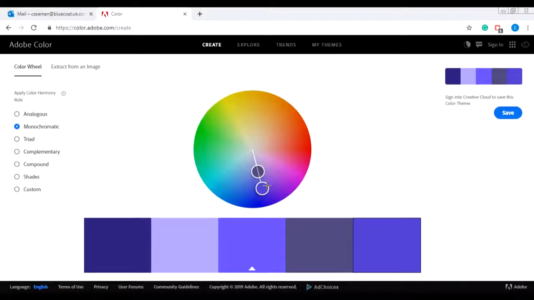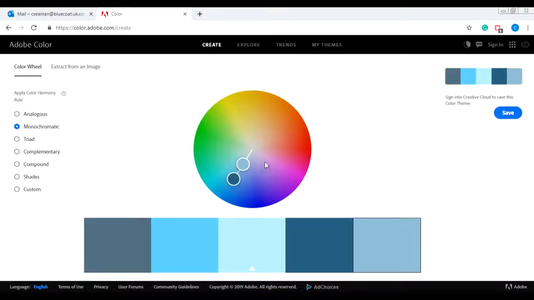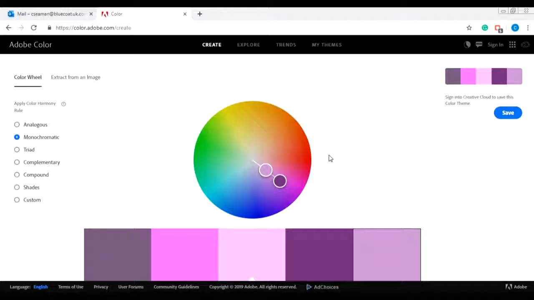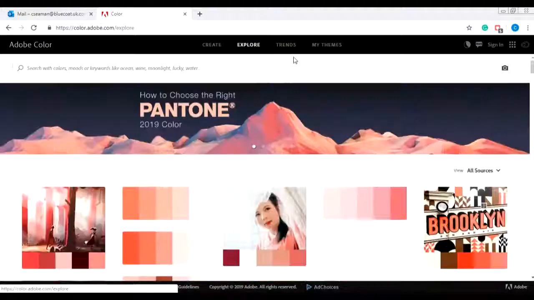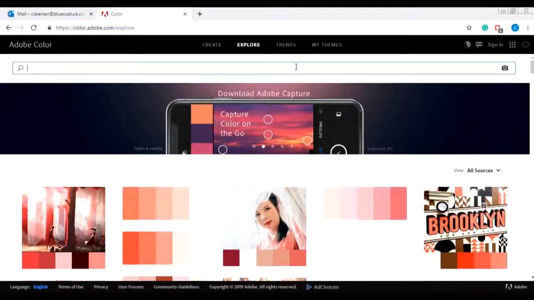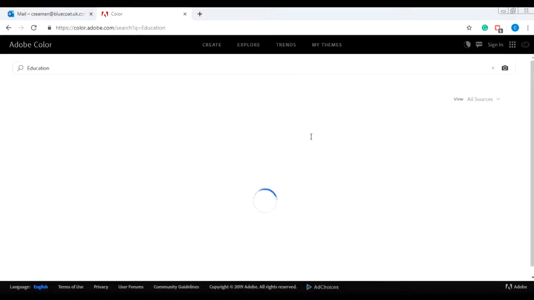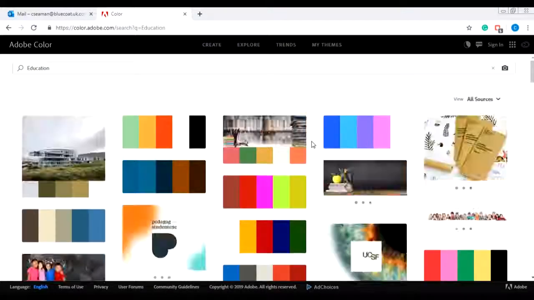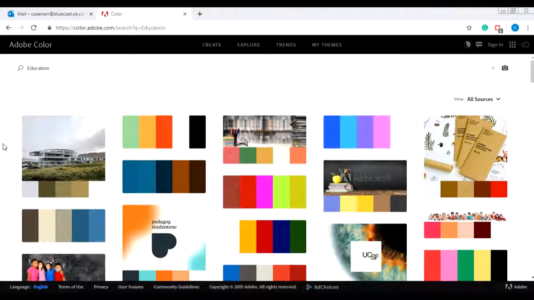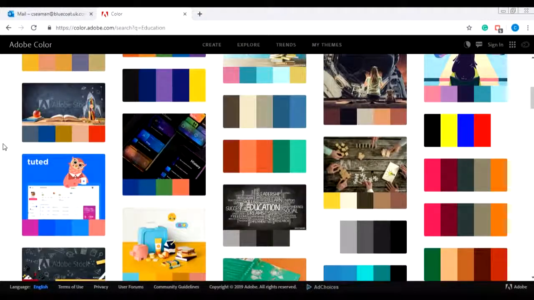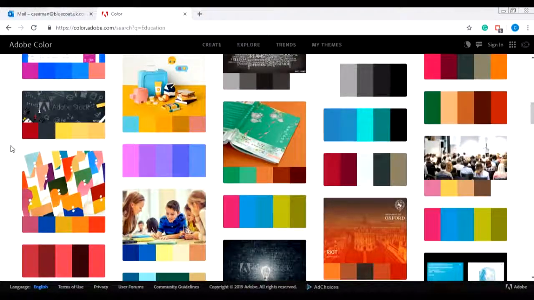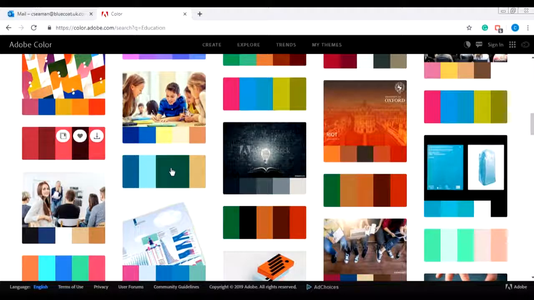If you don't want to do it manually by dragging your colours around, you can always look on Trending or Explore. If we look on Explore, you can search a word essentially to help you find something. So for example, I can maybe look up education to find colours that have been used before, and also images that are associated with them. So you can see I get a lot of different palettes, and say for example that this is the colour palette I was looking at and interested in,